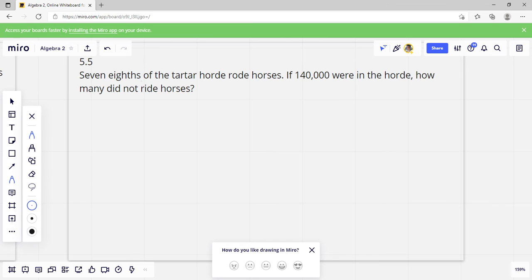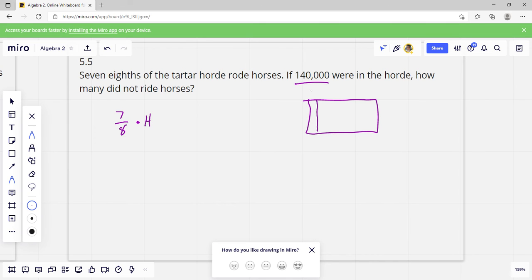All right, 7/8 of the turtle horde rode horses. Okay, so we've got 7/8 are riding horses. Of, I'll use H for the horde, rode horses. If there are 140,000 were in the horde, how many did not ride horses? Okay, so if we draw a diagram of this,